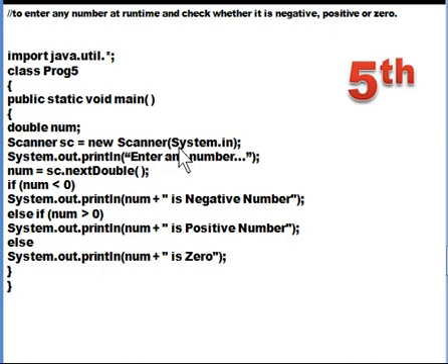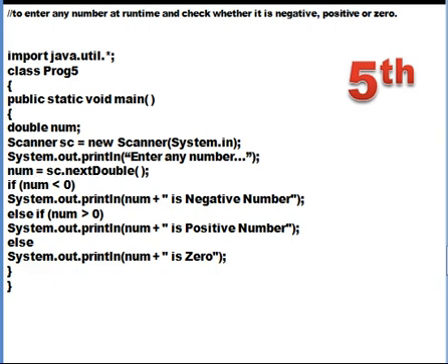Scanner sc is equal to new Scanner(System.in). It is the object creation of the scanner class, because without the object you cannot call the method of the scanner class. Then displaying a message on the screen for the user to know what he has to enter. So I am asking the user to enter any number, and this message will be displayed on the terminal window. Num is equal to sc.nextDouble this time, because num was a double type of variable. This time I have called the method nextDouble, which is again a method of scanner class, but it is going to accept a double type of value from the user. That means a fractional value from the user.